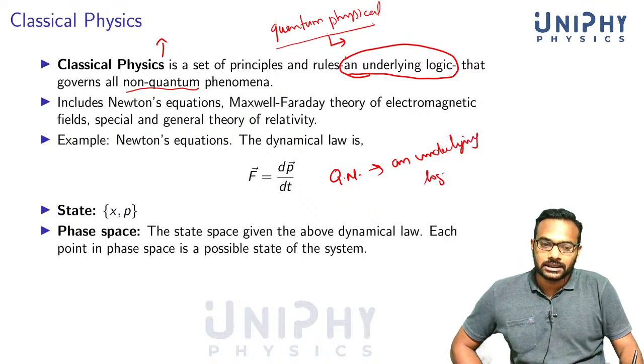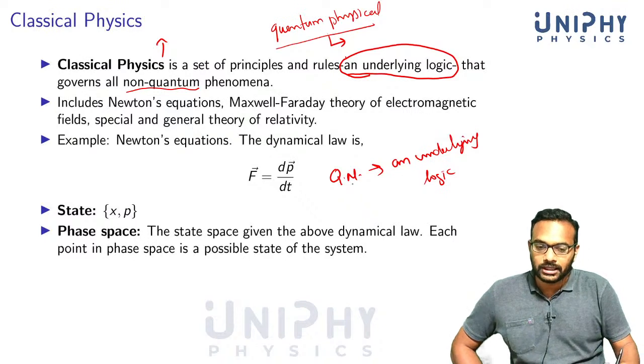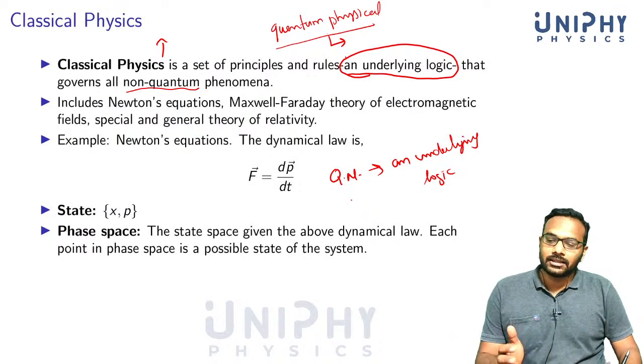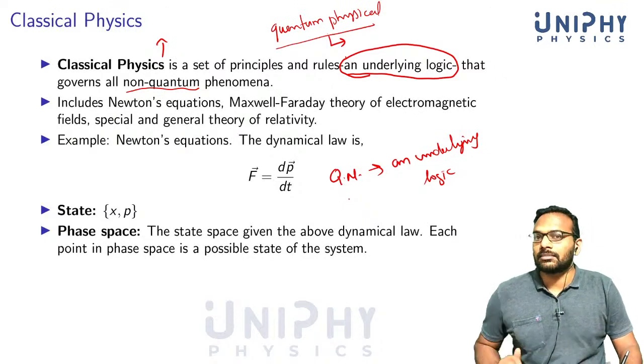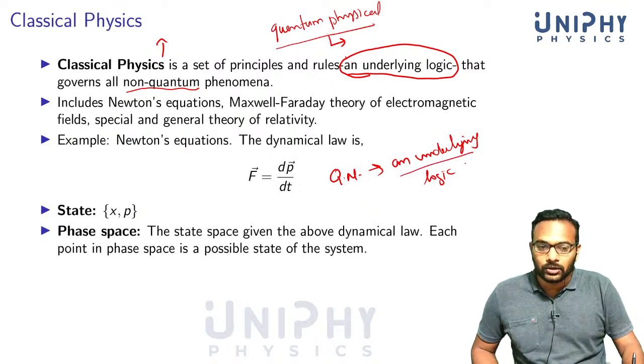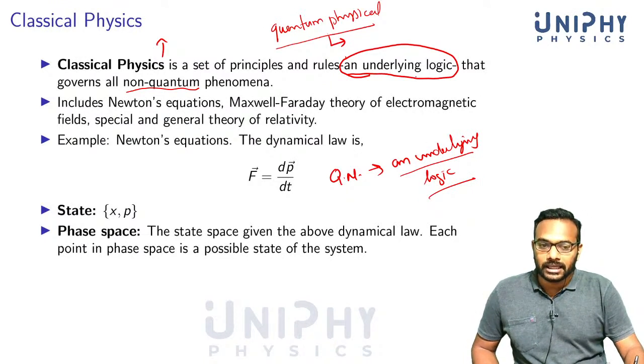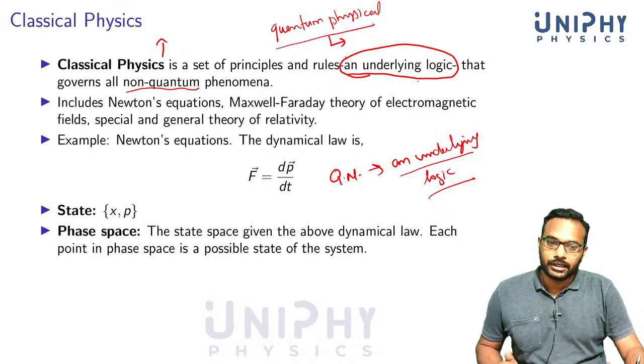Underlying logic. It's a different kind of framework. You can study the quantum mechanics, the quantum physics of particles, you can study the quantum physics of fields or whatever system that you are worried about. But the rules of logic, the underlying logic that we use, will be different. So classical mechanics is a kind of underlying logic, and quantum mechanics is a different kind